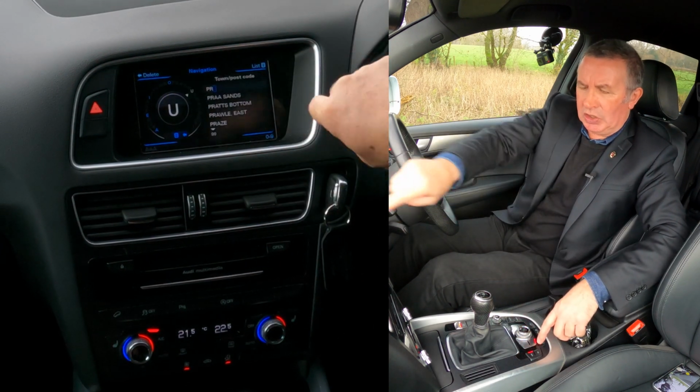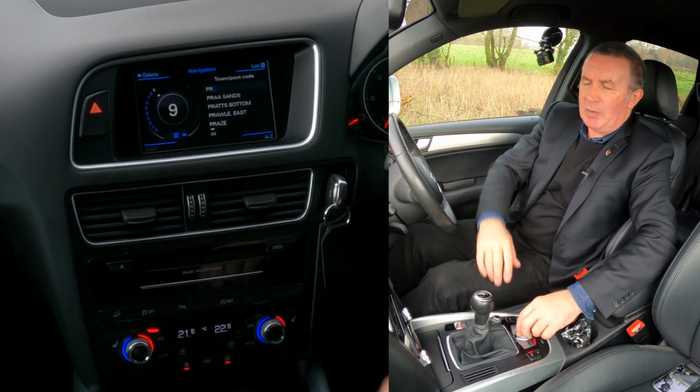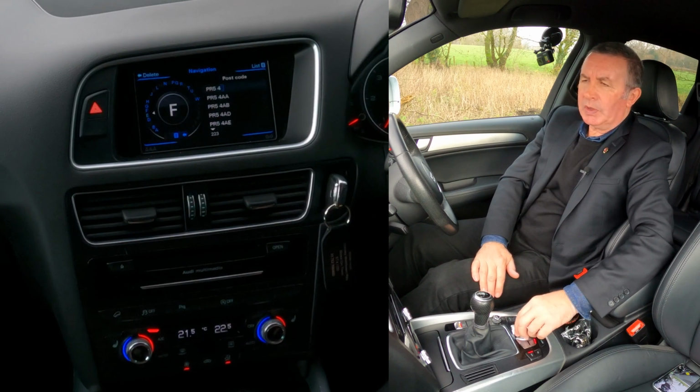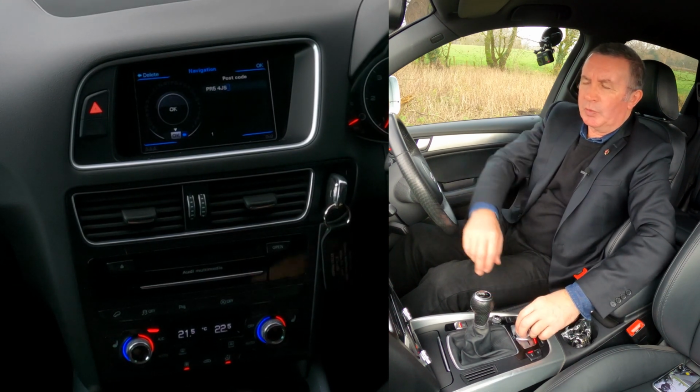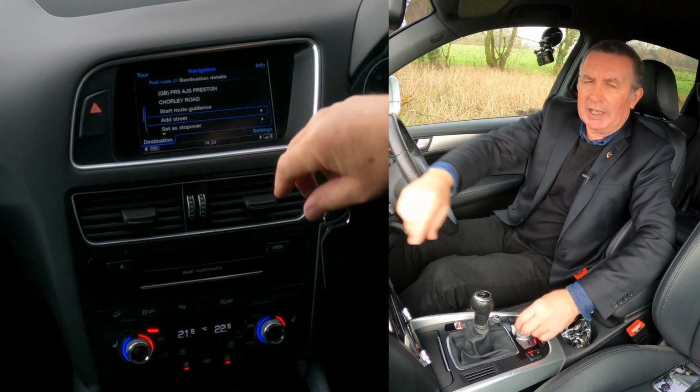Each instruction in the corner corresponds to these four buttons here. So if I click the bottom right one, that puts us onto the numbers. And then 5, 4, J, S, Grosvenor Garage, Chorley Road, Walton-le-Dale, Preston, PR5 4JS, and it's the OK comes up in the middle, but if